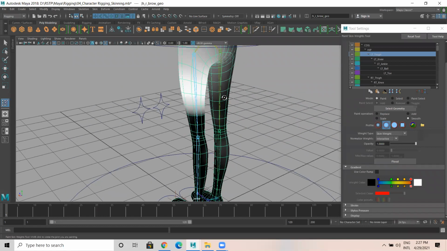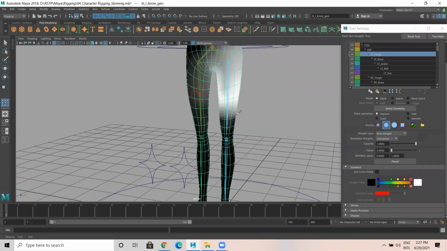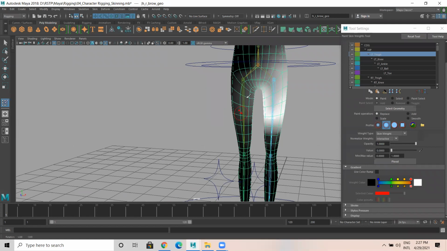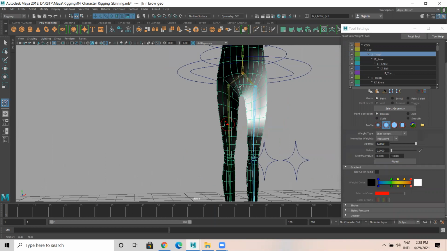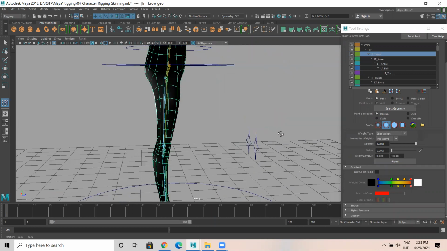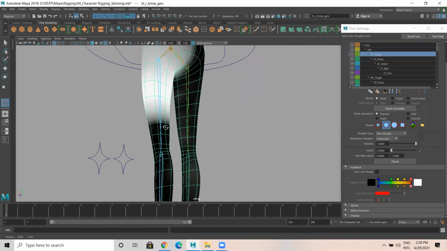Okay, only this leg. Now observe the left leg, go to replace, make it 0 value. The left leg should not affect the right leg part. That will do. So this kind of painting we have to do. We have to do skinning manually. Okay.